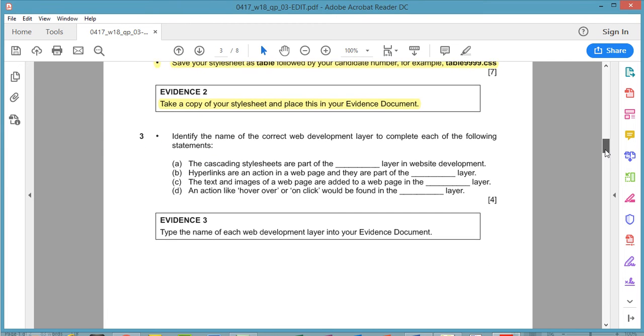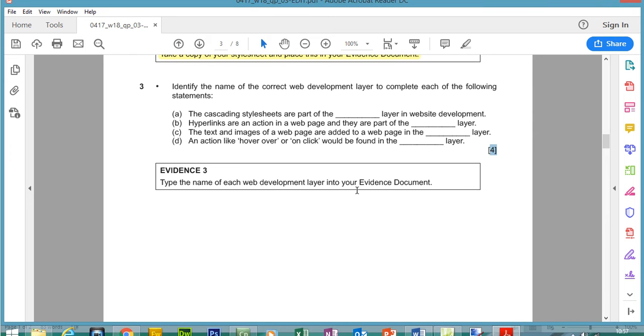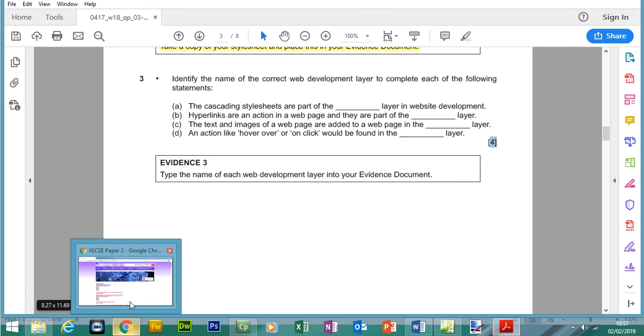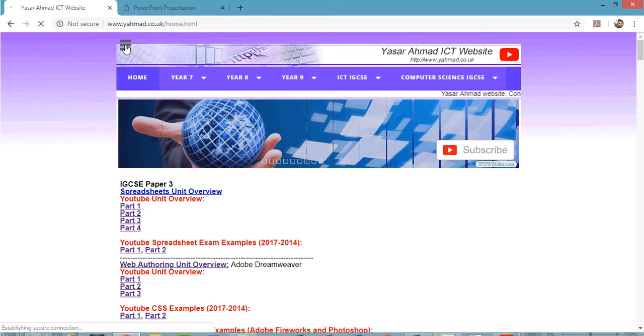So now question 3. Identify the name of the correct web development layer to complete each of the following statements. So before I answer these questions for evidence 3, for each missing point there's going to be a mark. As you can see, there's 4 marks in total. Let me take you to my presentation. So if you come to my website and click on this little tab here,